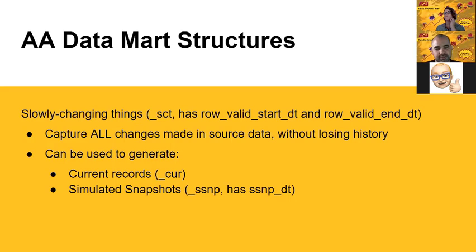And so the structure that we've generated is what we're calling slowly changing things. It was originally slowly changing tables, SCT, and then we created a view, and we're like, well, it's not really a table, so SCT doesn't make sense. But if we call them slowly changing things, SCT still makes sense. And so what that does is it captures all changes to the source data, and I'm going to specify, as cleaned up as possible source data. So we implement logic before we store anything to try to fix what problems we can find. And we don't lose any history.